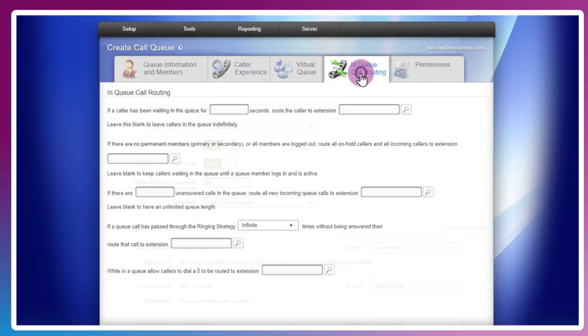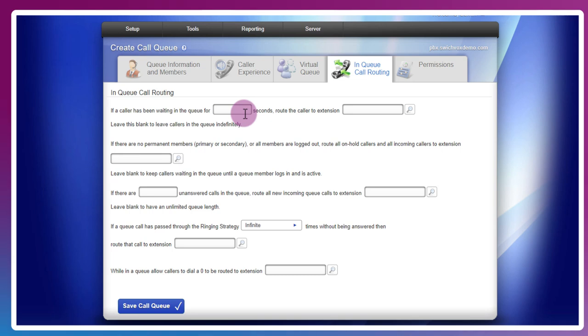If we head to the in-queue call routing, we're going to say if a customer has been waiting for 360 seconds, we're going to route the call to extension 100. Again, these in-queue call routing details were discussed a little bit more in standard queues. So again, check out that video if you aren't familiar with the in-call queue routing, but the information on the page here is pretty easy to understand if you want to go through it and make your customizations accordingly. So we can save this call queue now,